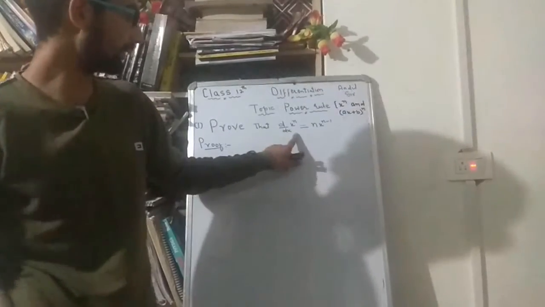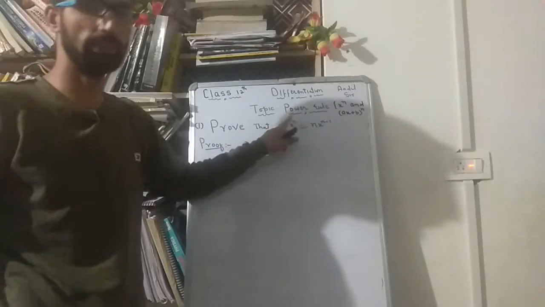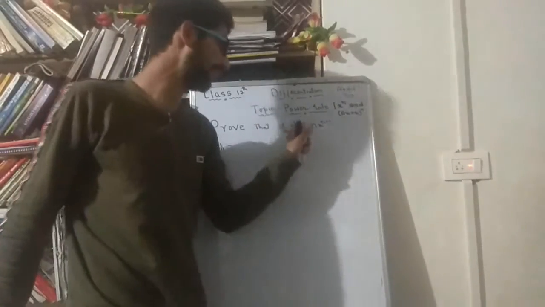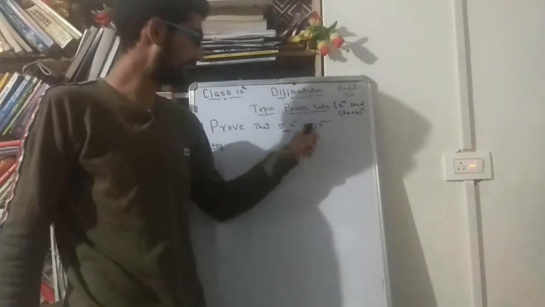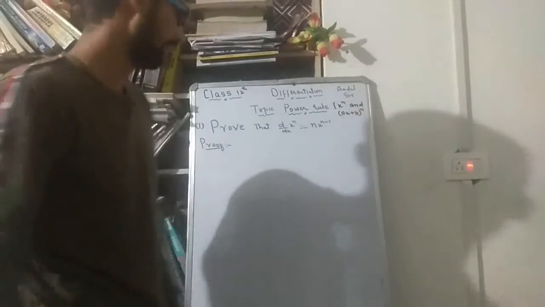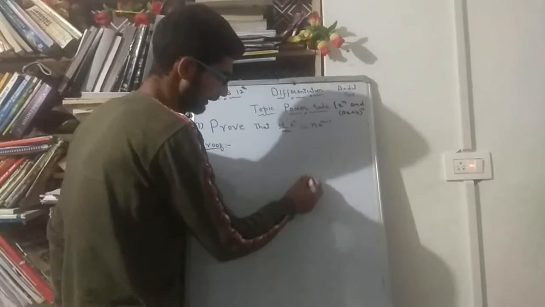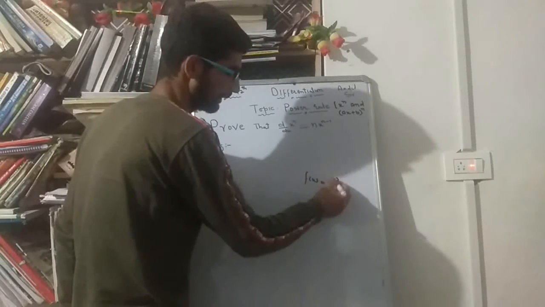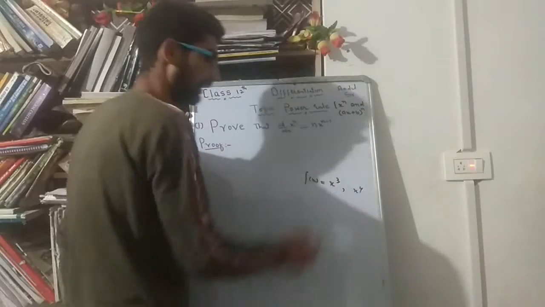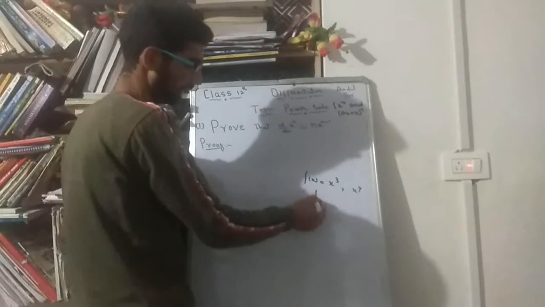The first result from this power rule is this: if we have a function of the form x to the power n, then the derivative of that function with respect to x is n x to the power n minus 1. What that means is, if we have a function f of x equals x raised to the power 3 or x raised to the power 4, and we have to find its derivative,